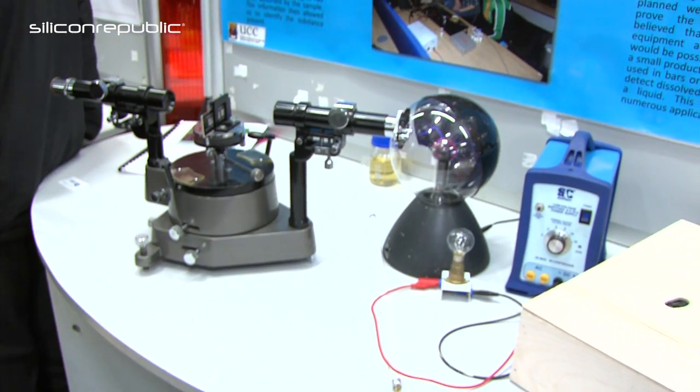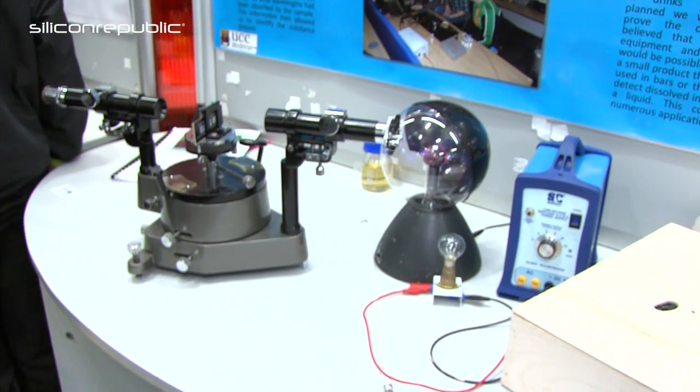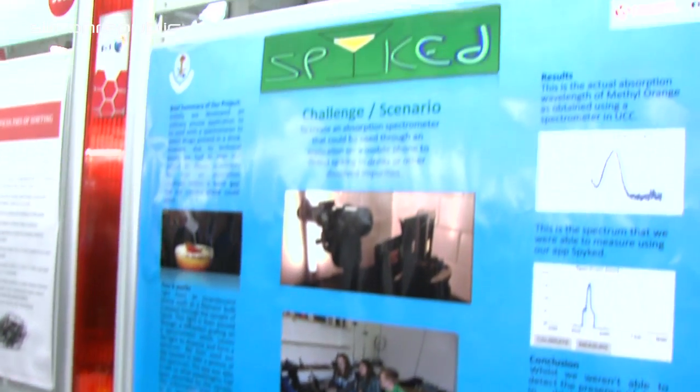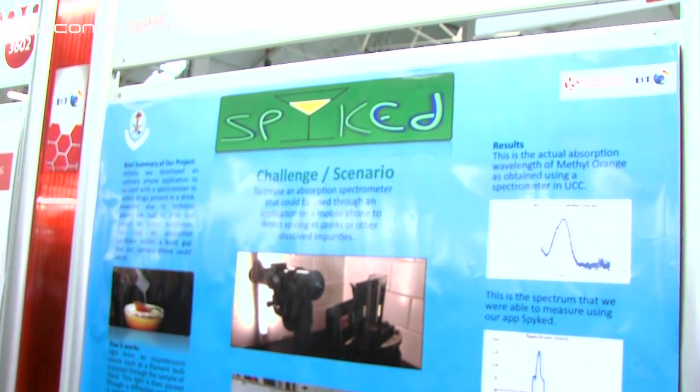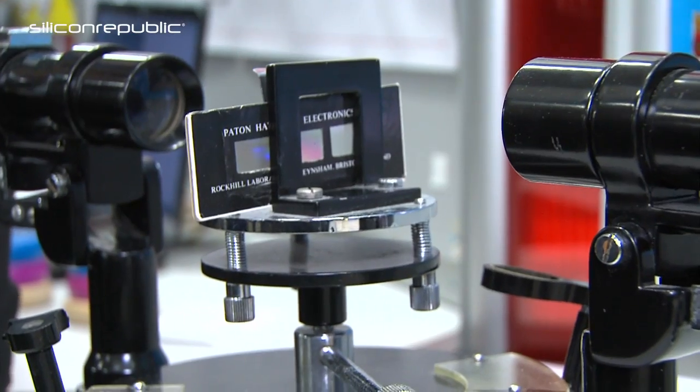So basically in January we decided we wanted to compete in the Young Scientist, but we were trying to brainstorm ideas, and at the time lead in water was very topical, and we actually learned that you can detect that through spectrometry. And we thought, oh, if you could do this, you could detect lots of things. And then we decided to come up with Spyked, which detects if your drink has been spiked